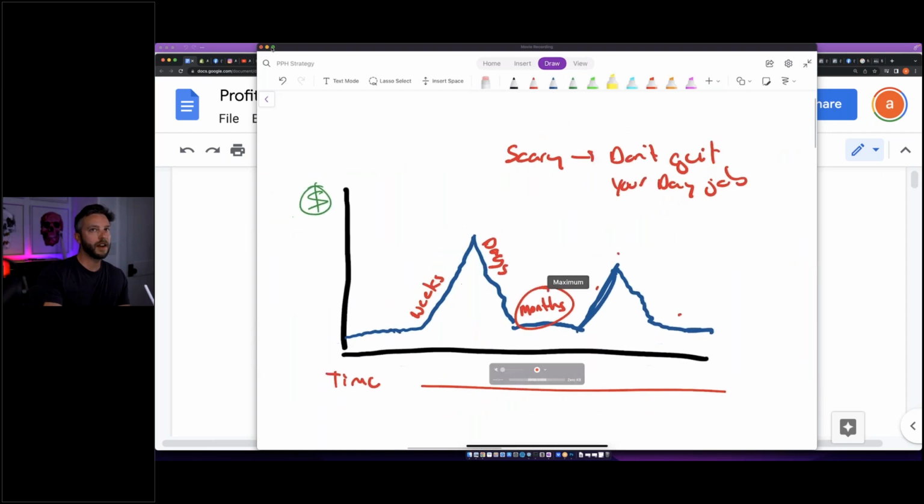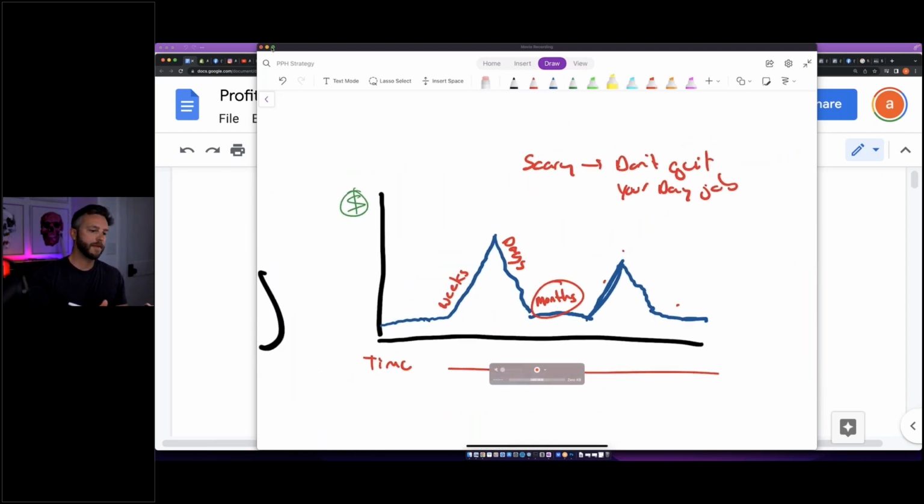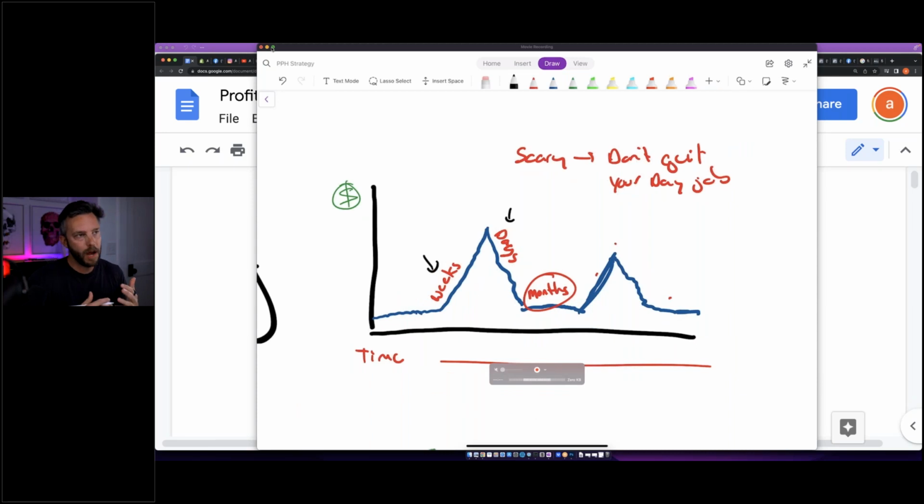And it's actually pretty scary. You have weeks where you're making money. Maybe 1 to 2 weeks will go by where you're riding this wave, and then within a matter of a couple of days, it all crashes. A viral product legit will crash in a couple of days. You'll go from $10,000 a day to like $500 a day or losing money. And then in between that, there could be months before there is another big hit.